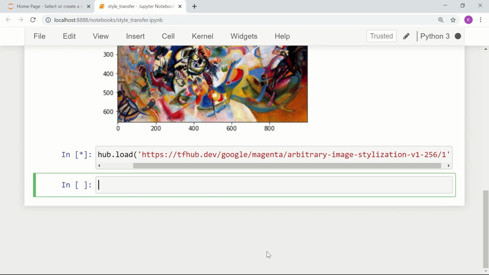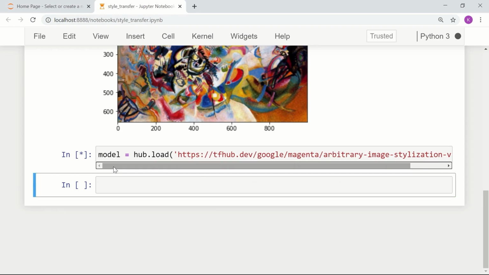So that's our model. We load that model. If the path is correct, the model will be loaded. And that's the model that is available for style transfer. There are several other models, but this model is available at TensorFlow Hub.